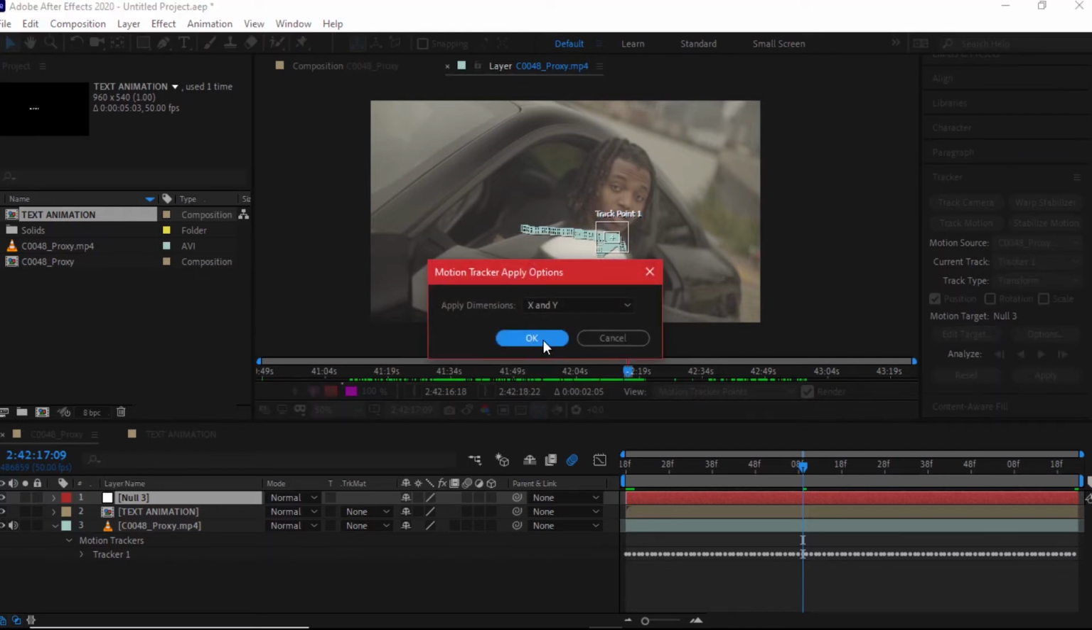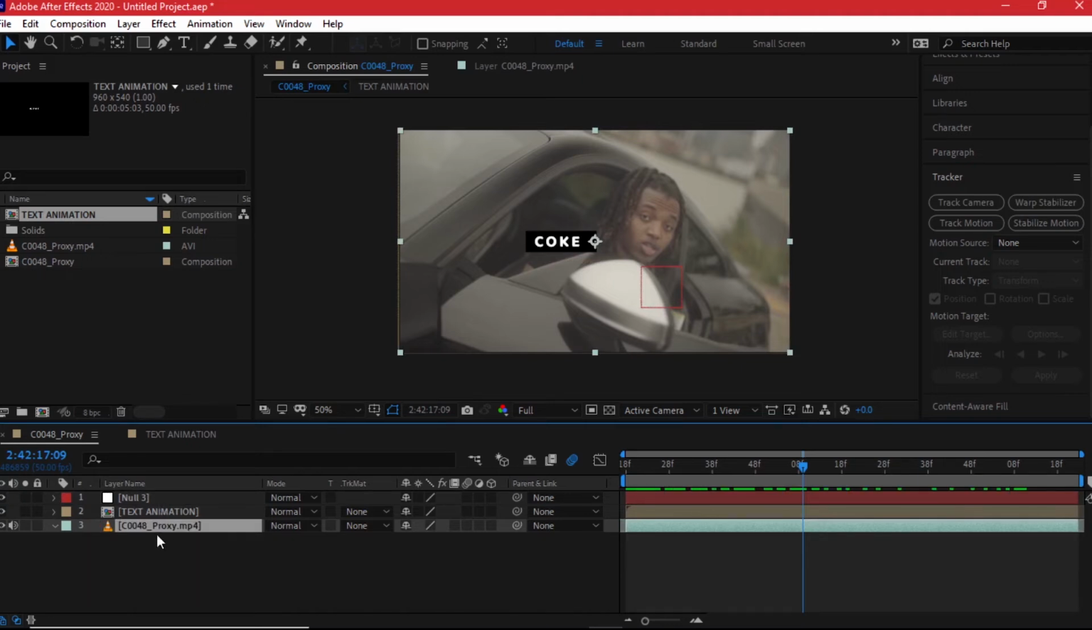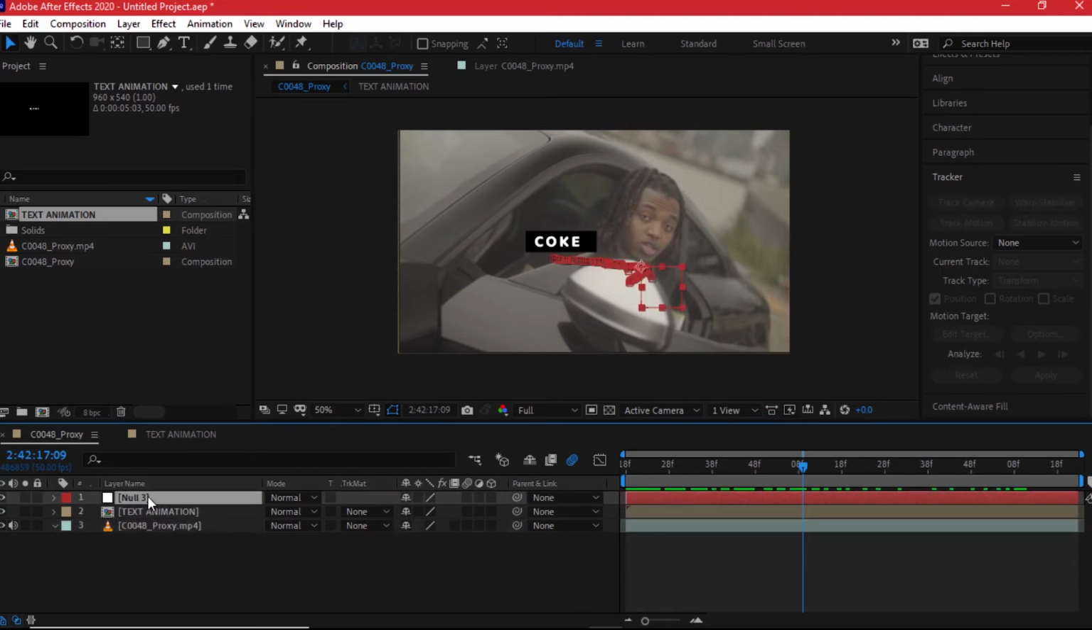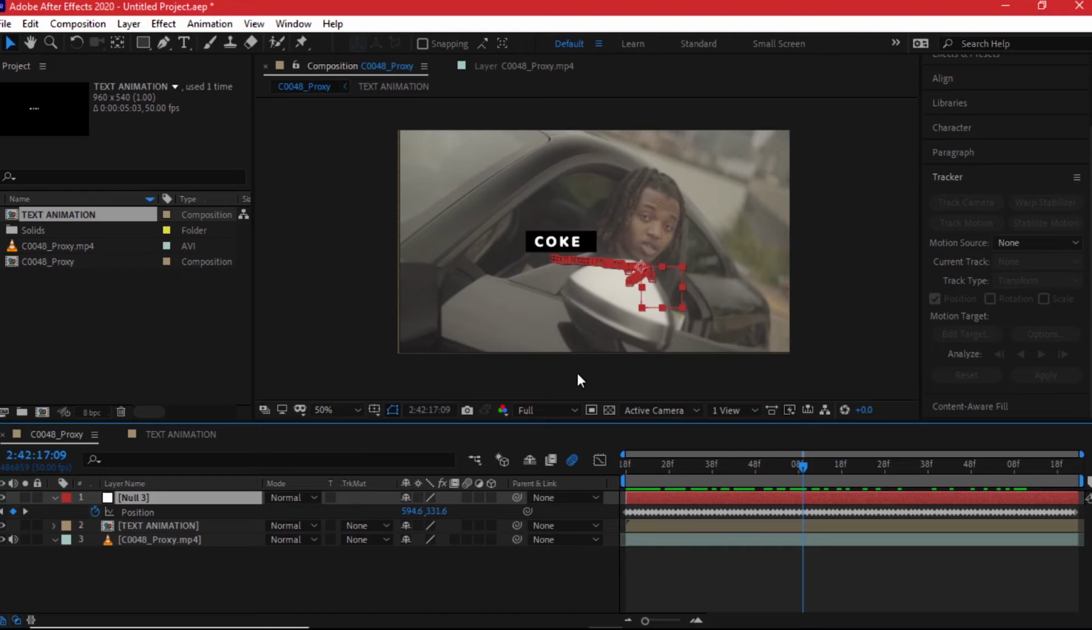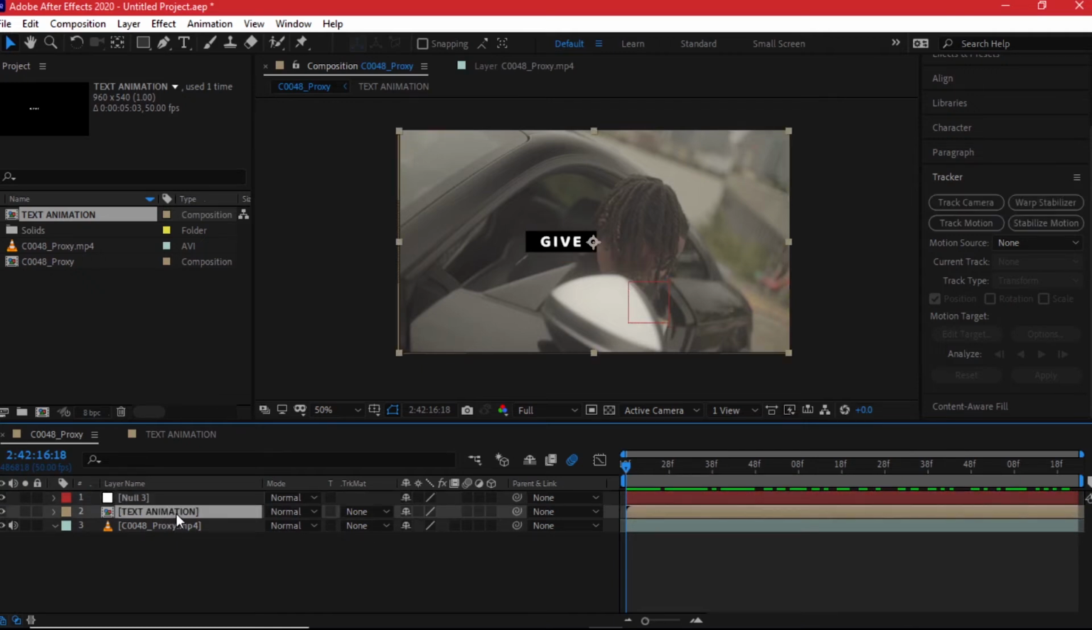It will apply both dimensions. We can now delete the tracking information on this video, and if you go to the null object and I hit U, you can see all the tracking information has been sent to this null object. It's time to now attach this pre-comp to the null layer. There is this small pick whip right here. Pick it and direct it to the null object, and now if we play it back,